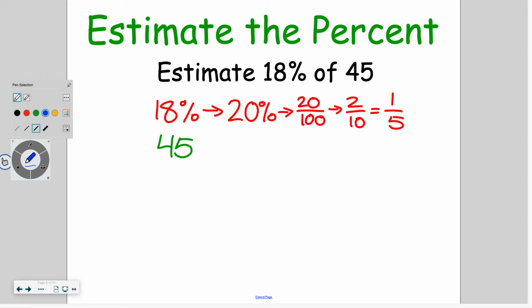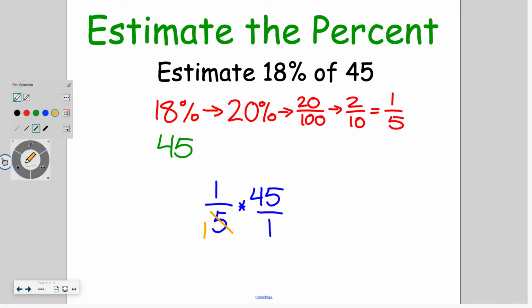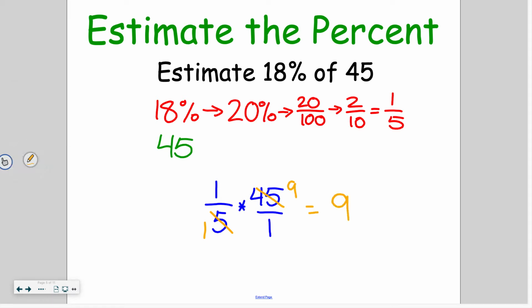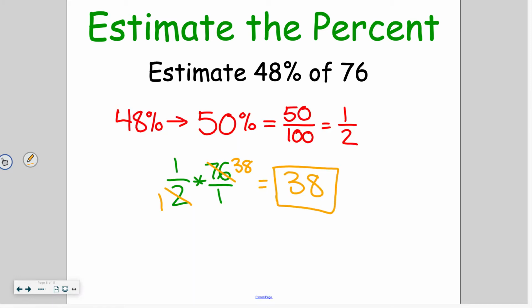Then when we set up to multiply, I've got 1 over 5 times 45 over 1. Again, we can use our cross-reducing. 5 goes to 1, 45 goes to 9. 1 times 9 is going to give me a final answer of 9. Go ahead and try this one on your own. 48 is going to round to 50%, which is 50 over 100, which is 1/2. 76 can already be divided by 2, so we're going to use our cross-reducing, and we end up with an